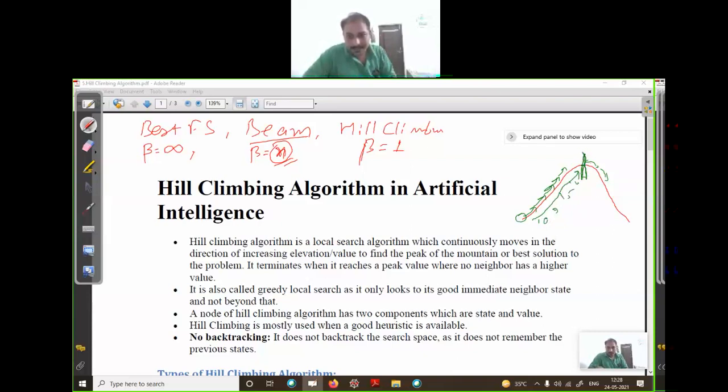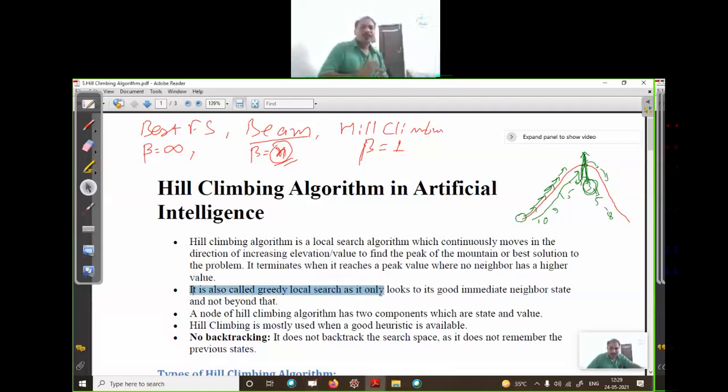We will move until we have reached the peak, or until the heuristic values start increasing. Suppose the heuristic value of that point is 4, then 3, then 5, then 8. The best heuristic value is 3, so you will stop at that point. At the next level the heuristic value is greater than the current node, so we will stop there, meaning you have ultimately reached the peak of that mountain. If it is clear, good; otherwise, see the algorithm.